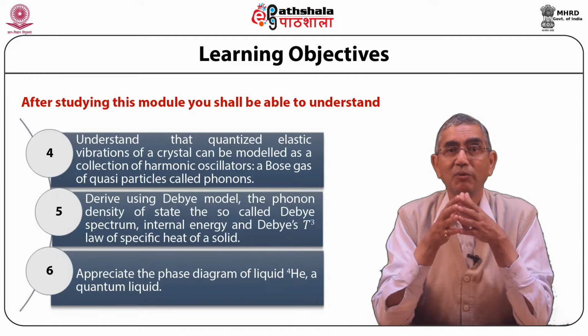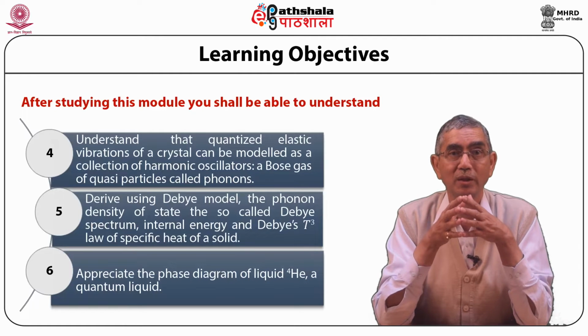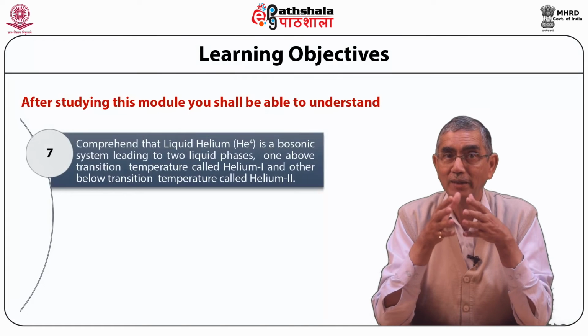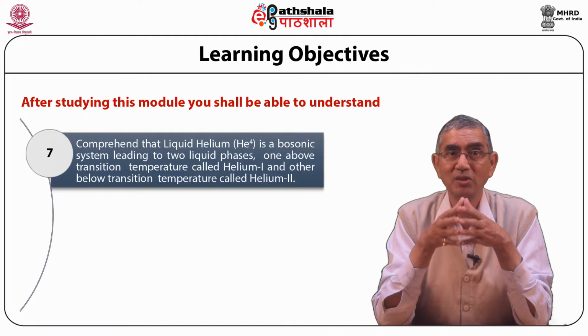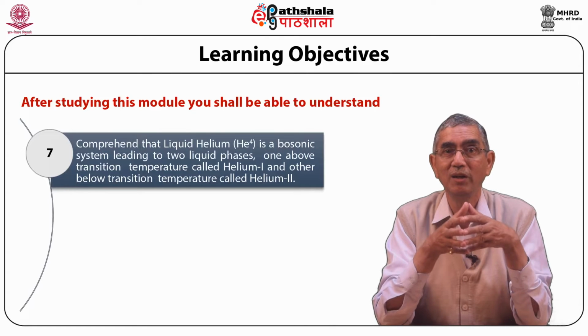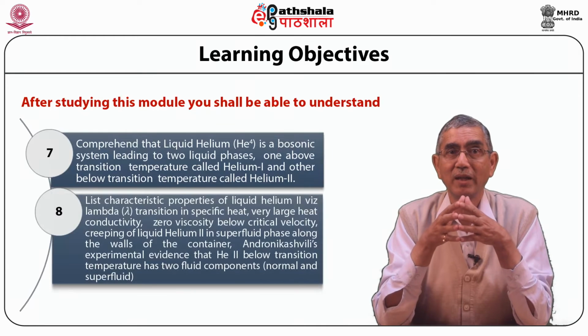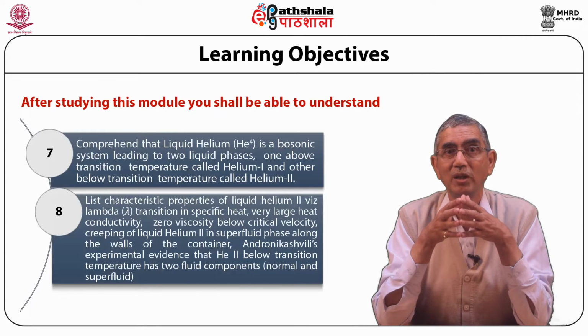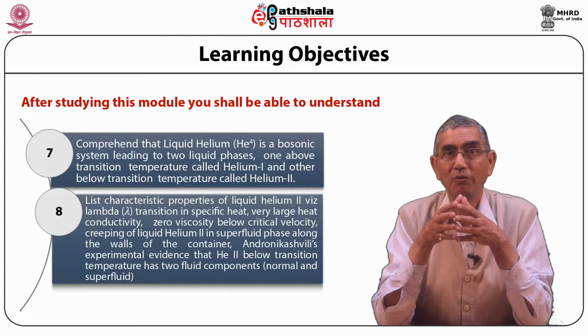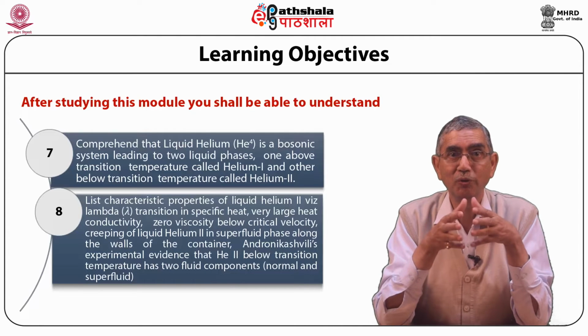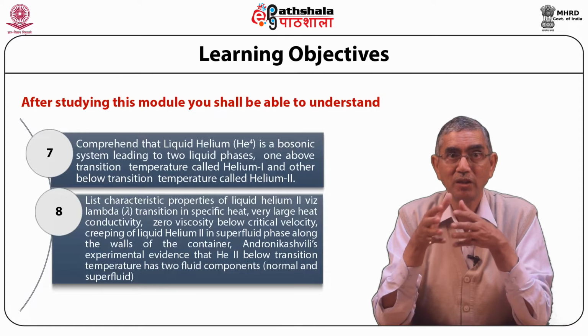Appreciate the phase diagram of liquid helium-4, a quantum liquid. You will be able to comprehend that liquid helium-4 is a bosonic system leading to two liquid phases, one above transition temperature called helium-1 and the other below transition temperature called helium-2. List characteristic properties of liquid helium-2 with lambda transition in specific heat, very large heat conductivity, zero viscosity below critical velocity, creeping of liquid helium-2 in the superfluid phase along the walls of the container,